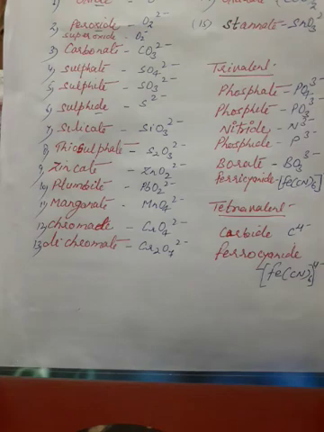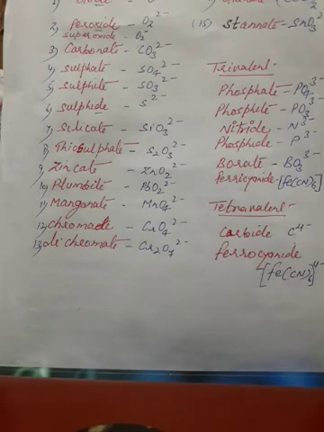Hello everyone. In the previous video I have explained about monovalent electronegative radicals. Today we will discuss di, tri and tetravalent electronegative radicals. And these are very important. If you can learn all these things, then it will be very easy for you to write different formulas. So pay attention and try to understand. Okay, I will explain with the help of certain examples also.